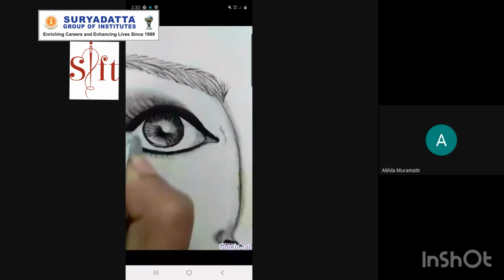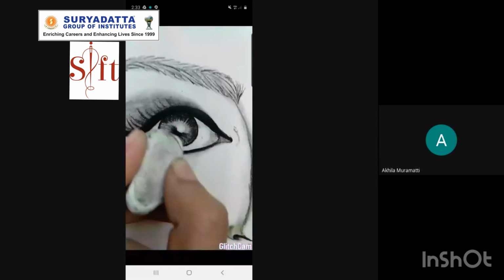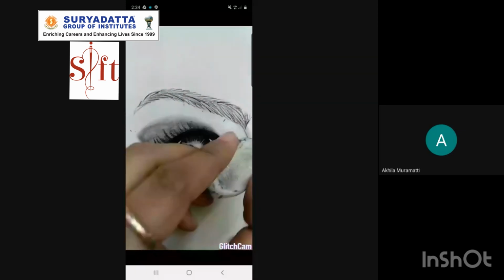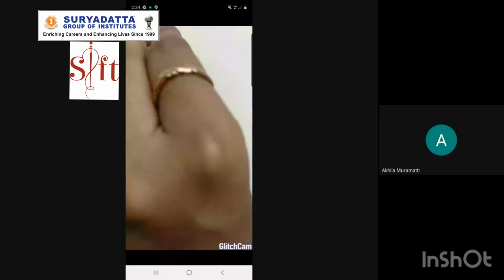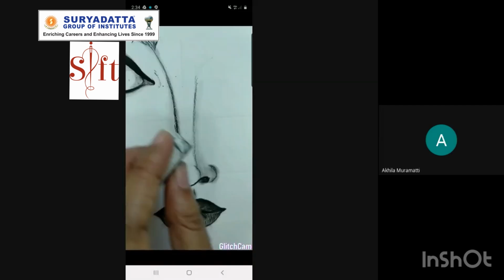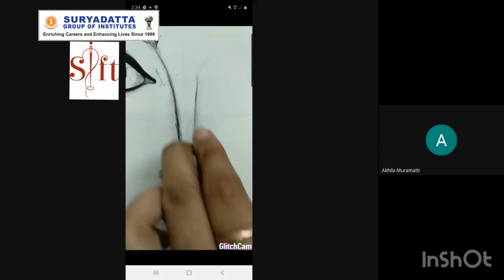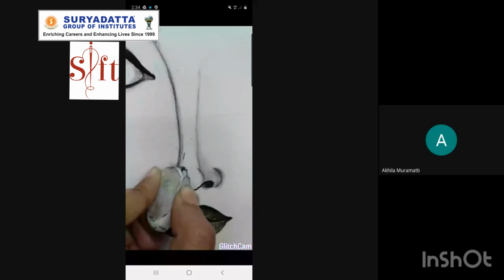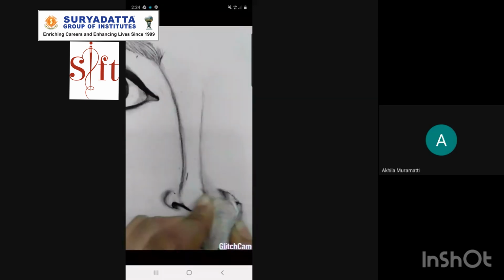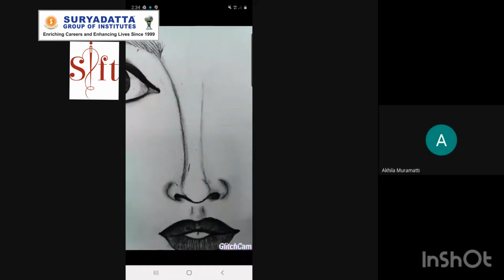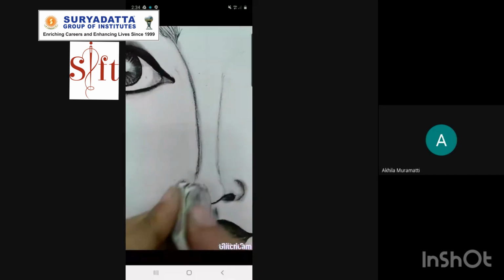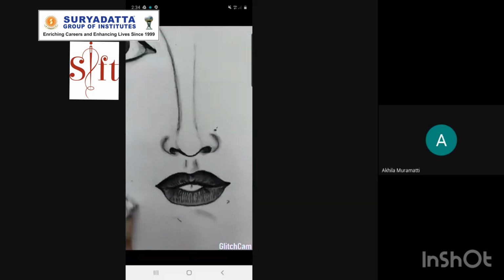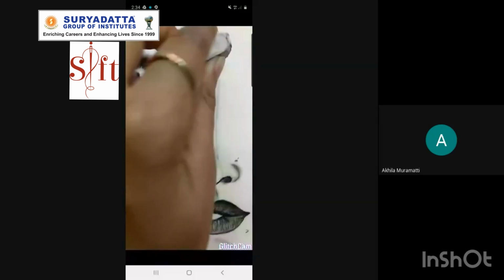Erase the excessive portion that gets dusty or missed. There are many basic tools available in the market for charcoal artwork. I'm using a normal eraser. There are pen erasers and other kinds of erasers available.